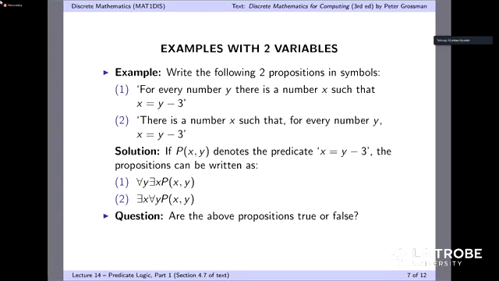So you have x equals y minus 3. You have x, you have y, and your equation is when y is 0, x is negative 3. You know that, right? And when x is 0, y is positive 3. So you have this line, right? x equals y minus 3. Now it says for every number y,